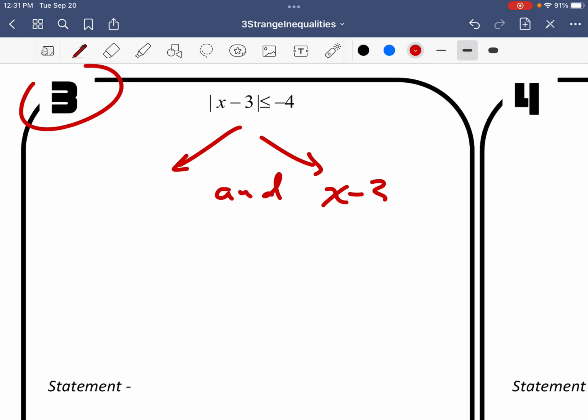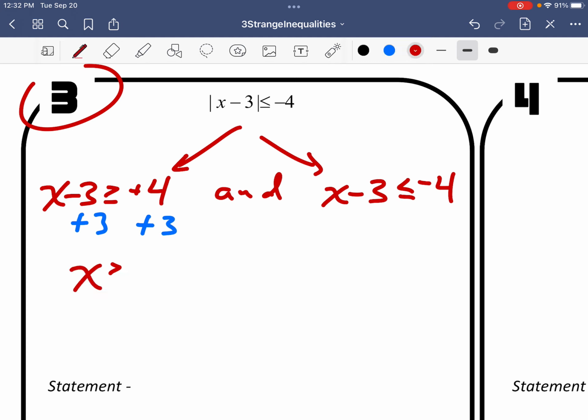But even if you don't remember that, you're going to keep it. You're going to make it less than what you're given. Now, you got to be careful here because you're given a negative 4, so I have to stick with being less than negative 4. But then over here, I'm going to switch the sign. In that case, it becomes a greater than, and make it greater than the opposite. In this case, actually now greater than positive 4. Okay. Well, don't be shy about doing what you're used to doing, like solving. Both these require adding 3,